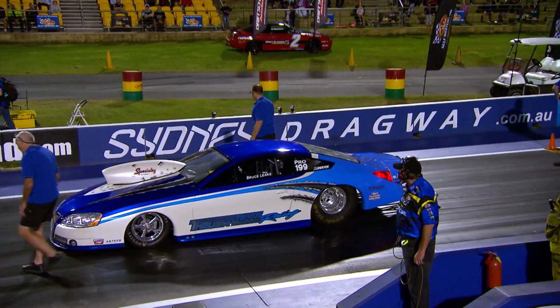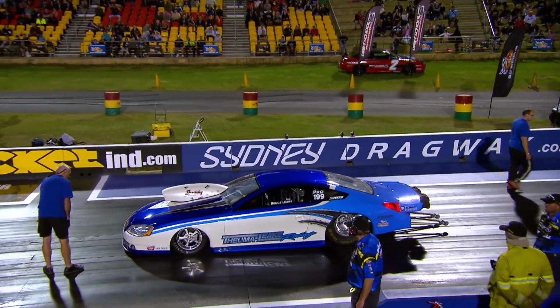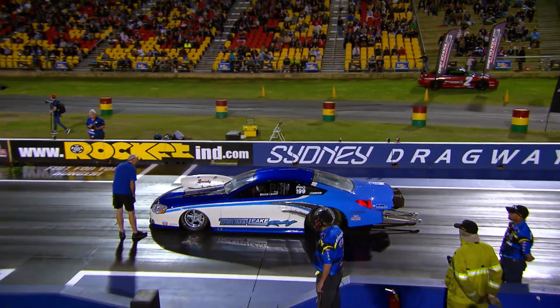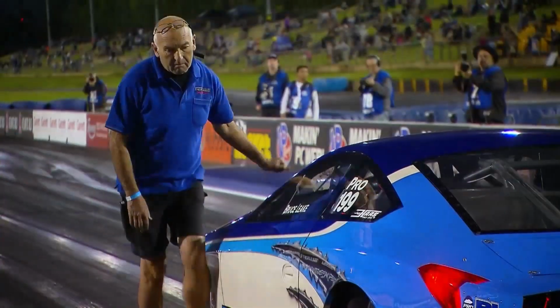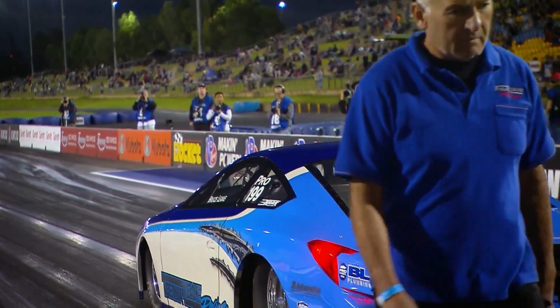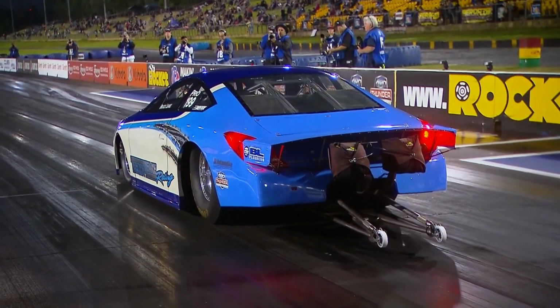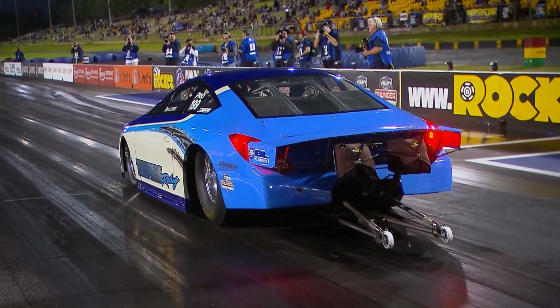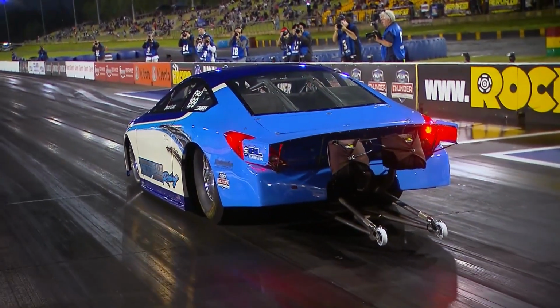Very experienced driver, has won championships before in this category, and took a bit of a break away for a while. Now he's back with this absolutely stunning Pontiac. He has a solo pass on this round 2. We've got 11 cars, so there's been a bye in each round, and this time it's his. So he's going to pick up 20 championship points, but he's going to be aiming for a PB. That's what he wants. He wants to get on top of his